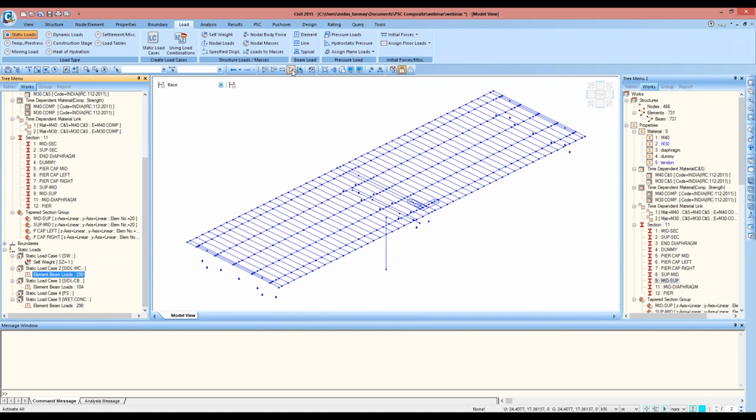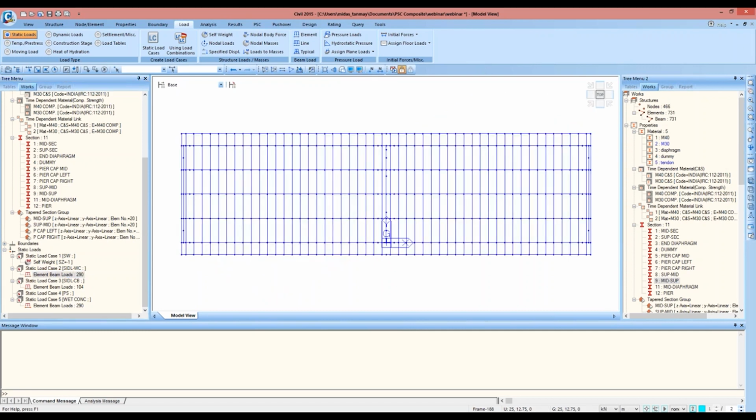Now I'll be defining the moving loads. But before defining the moving loads, we need to renumber the elements. That is because when we'll be defining the moving loads, we'll be defining the lanes. The lanes will be defined from this span to this span, but we have defined these elements after these. So it is important to renumber all the elements such that the numbers for these elements come before these elements.